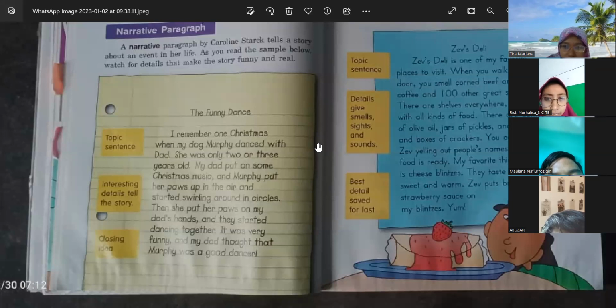Okay, you see how many sentences there are? You can screenshot if you need, please screenshot by yourself. How many details? Yeah, 4. And how about the closing idea? It was very funny, and my dad thought that Murphy